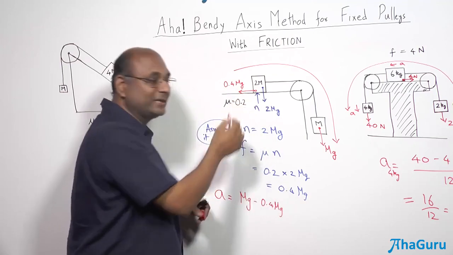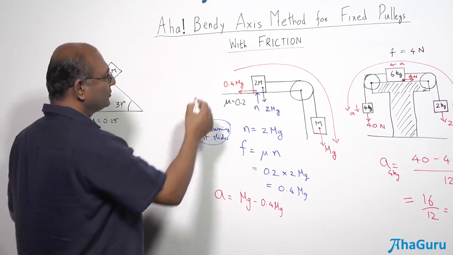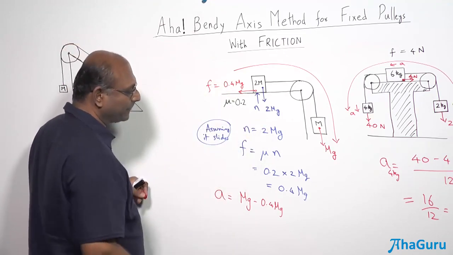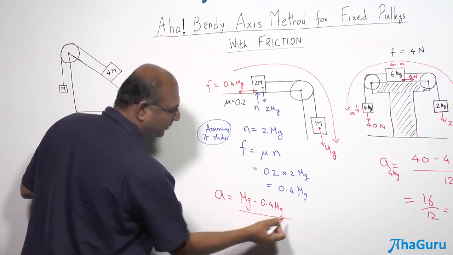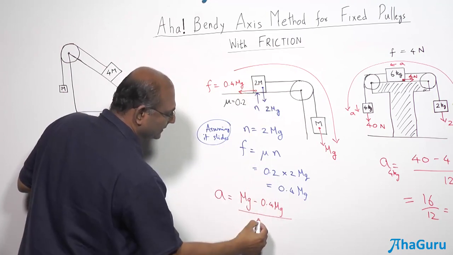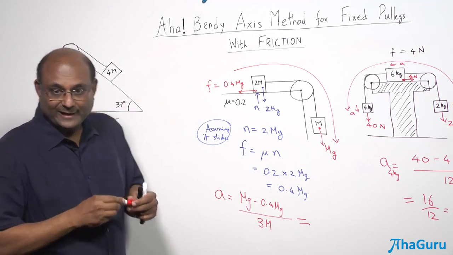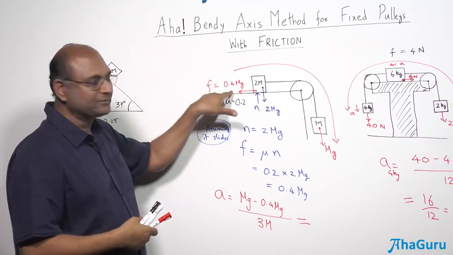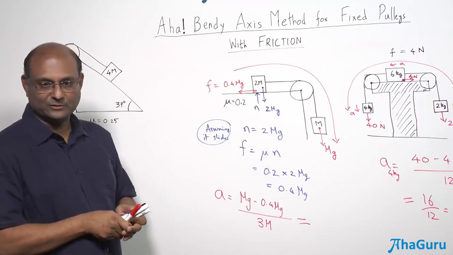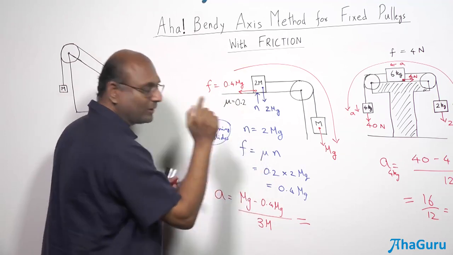The only reason I drew this was to find N, so that I can then use that to find the friction force. So the friction force here is 0.4 mg. Just for that we needed the N. So now I've got mg minus 0.4 mg divided by the total mass, which is 3m. It looks complicated, but actually the only complication is finding this friction force. There the force was given, now you need to calculate the friction force, keeping in mind that it is sliding, so the friction force is equal to mu n.